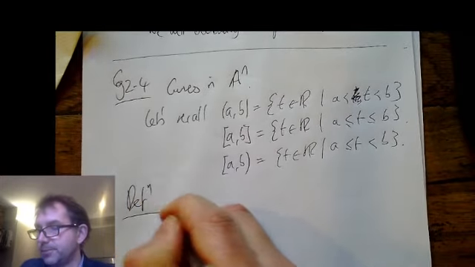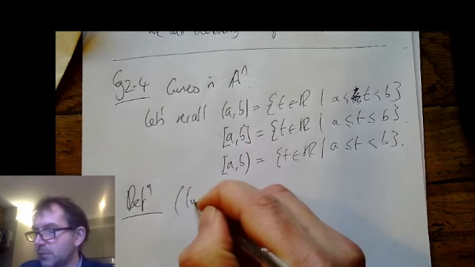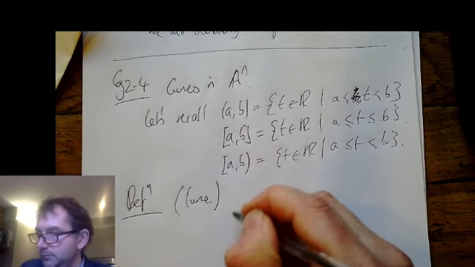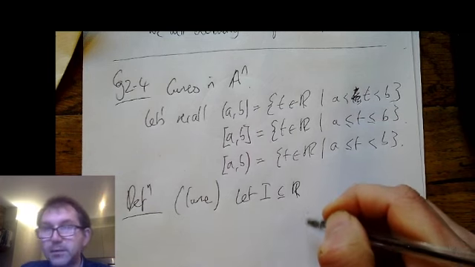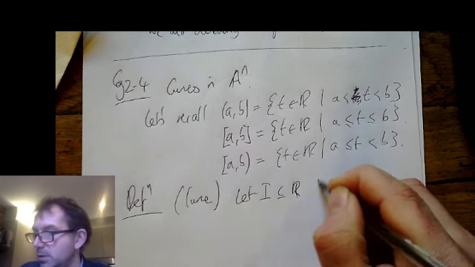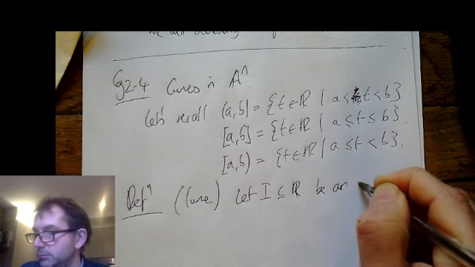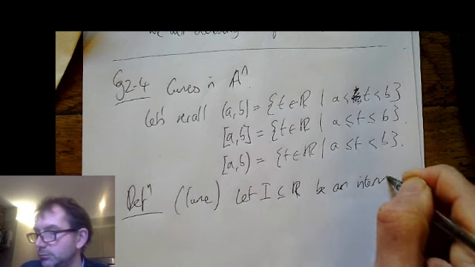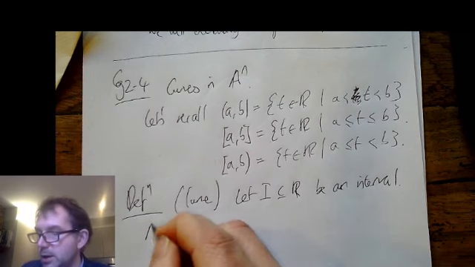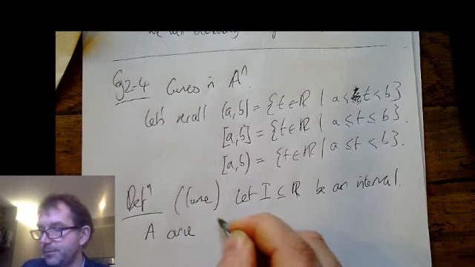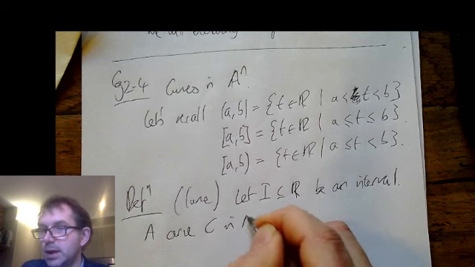Let's have a definition. Curve. So let I, a subset of R, be an interval. Okay, given that, a curve C in A^n